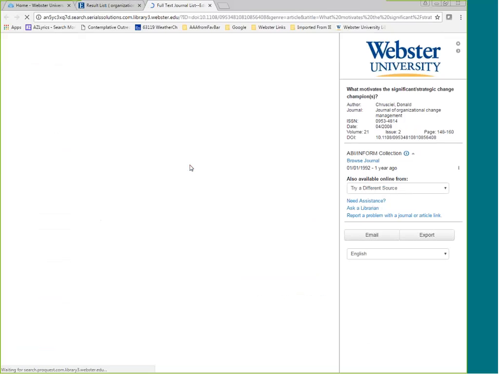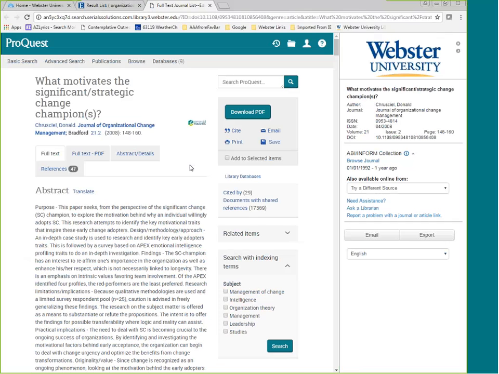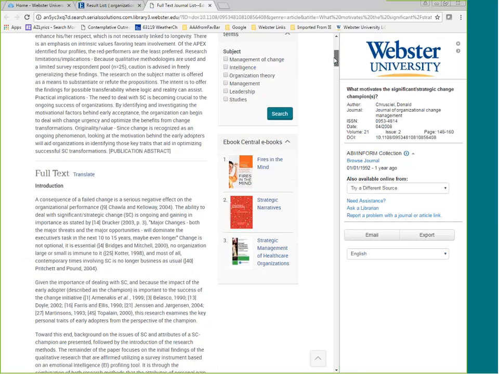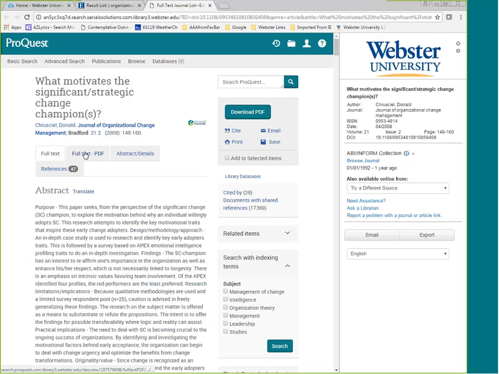So when you use that, it goes out into our other databases, and if another database has the full text, it will open it, often with one click, into a window. And so here is the PDF full text, or a link to the PDF full text.